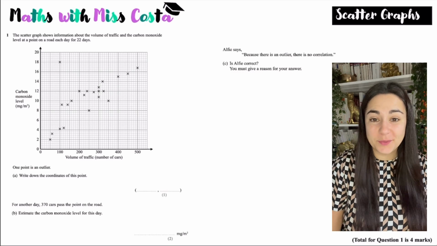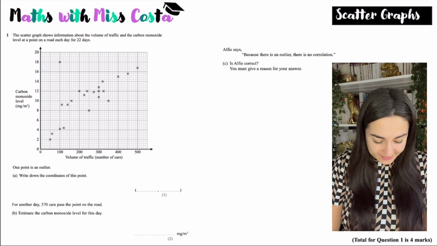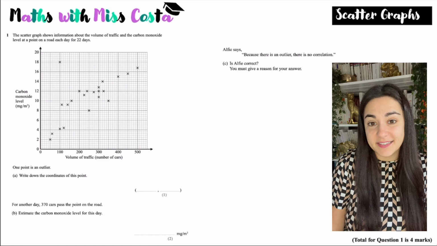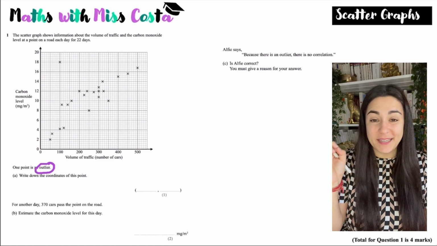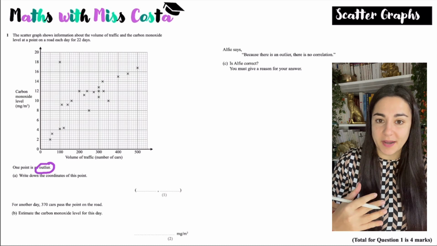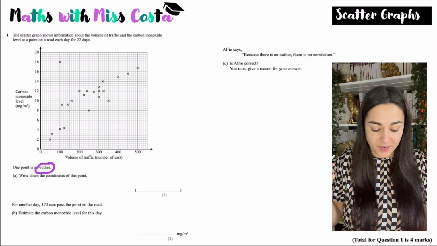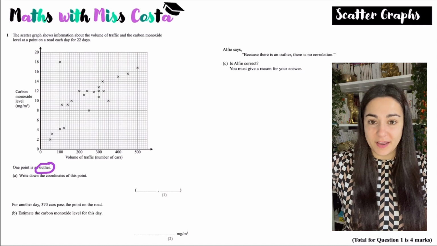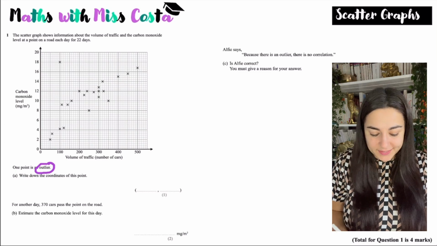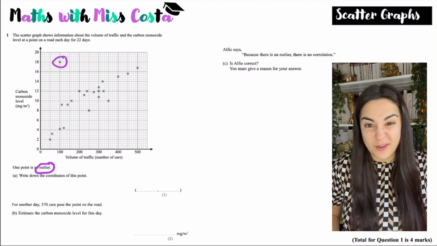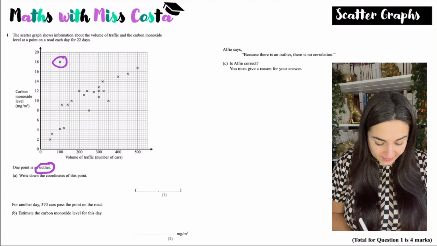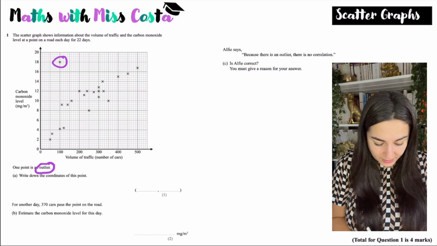Okay, so in this question we've got a scatter graph question, and it's asking us to first of all identify the outlier. An outlier is literally just a piece of data that does not fit with the general trend of the rest of the data. So it's going to be a point that's far away from everything else. Hopefully you can see that this one here is really far out from the general trend of the data. So write down the coordinates of the point. That would be